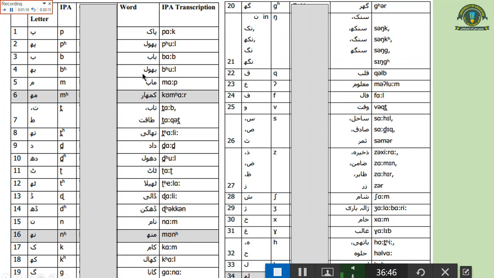In English we don't have this bh sound. We have b but we don't have bh. Then in Urdu we have this mah sound as in kumhar. Then in English we don't have th as in thali, it is also unique to Urdu. Then th as in dhool, it is also unique. Then th as in thela, and then dh as in dhakkan, and nah as in mun, and then so kh